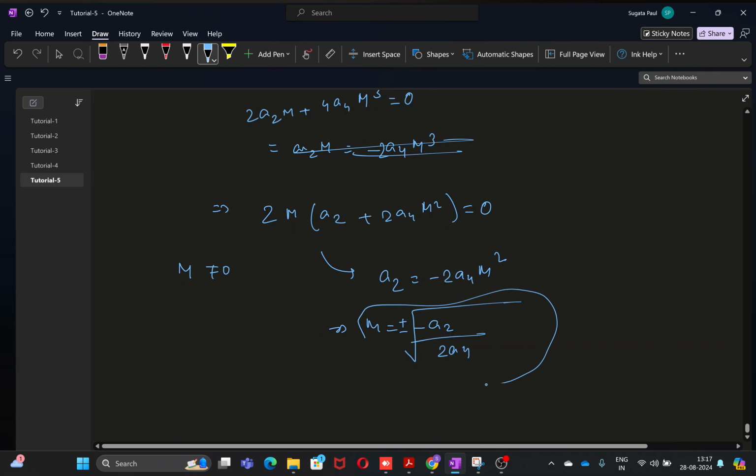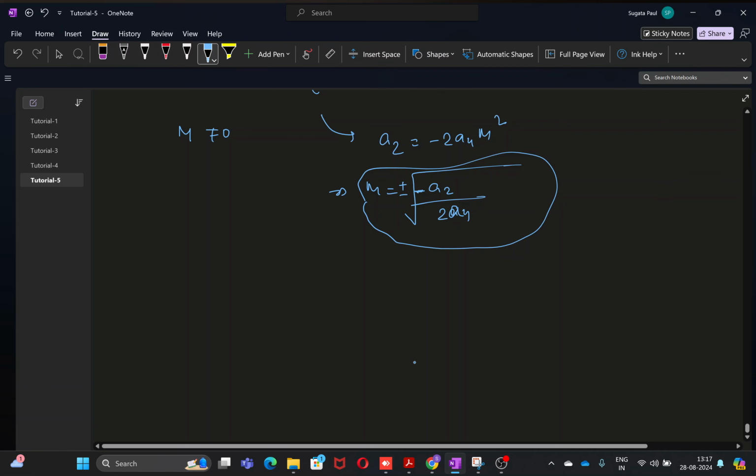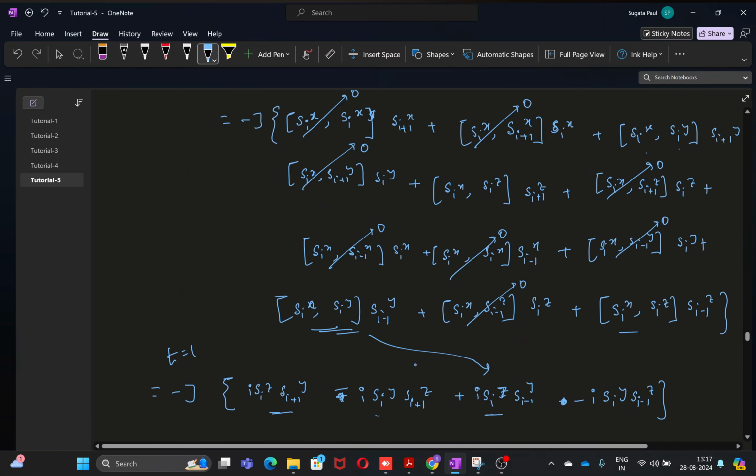Now this will not be a complex number, because inside the square root this minus sign will be compensated by the signs of a2 or a4, whatever. This is the equilibrium value of m. Now you will see a slight mismatch between this answer and the given answer in the option, because there is a missing 2 factor. If you go back, there is,